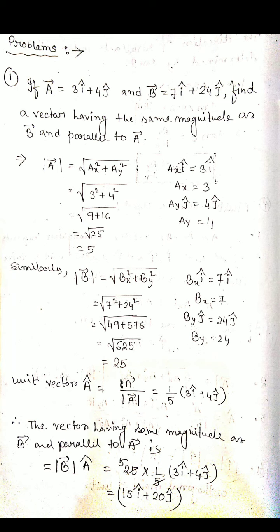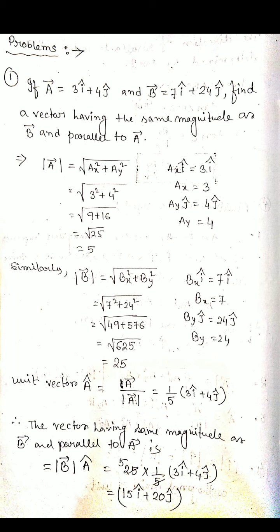Whenever this term "parallel" is there, parallel to a vector, it tells us to use the unit vector. Parallel to a vector means in the same direction as the a vector. That means if we find the a hat, or unit vector, of the given vector, that will be the parallel one. Because it's given as parallel to a vector, we find the unit vector of a.